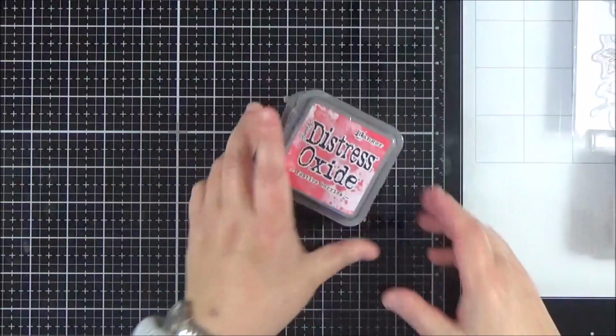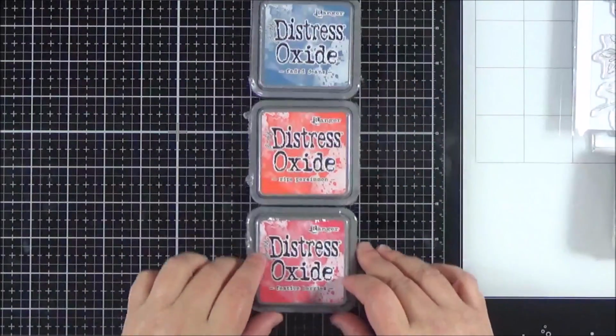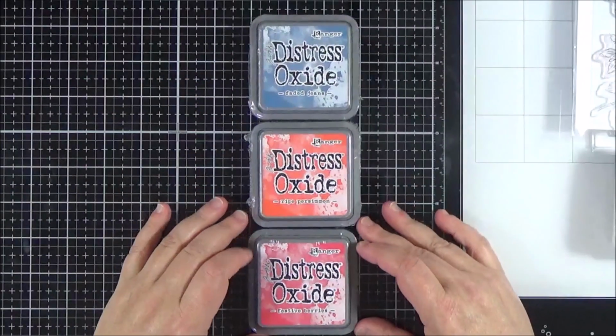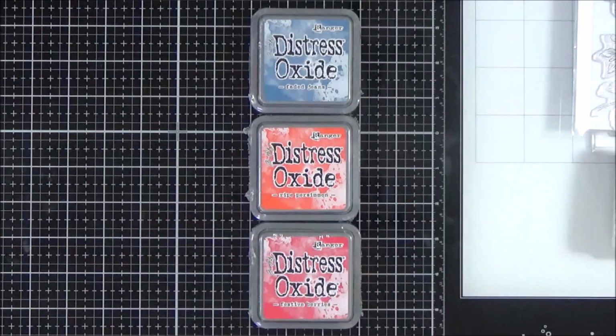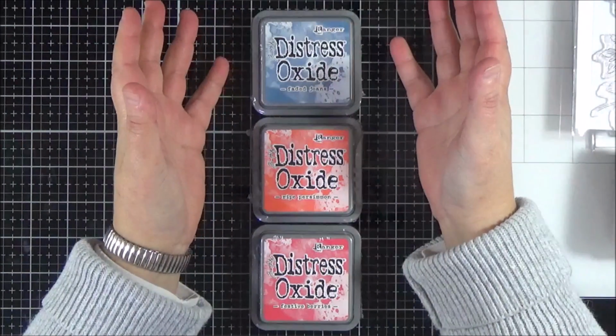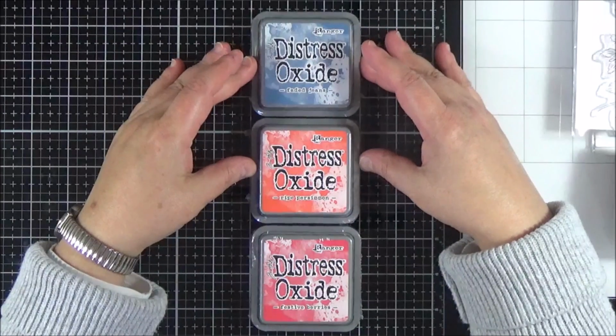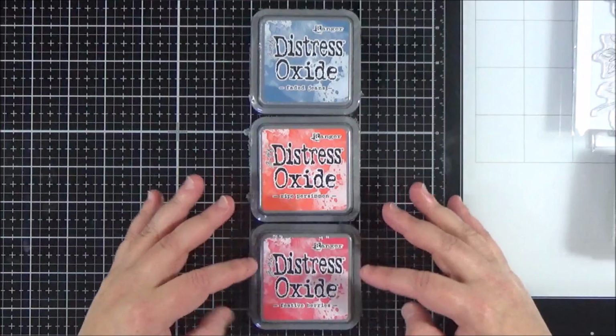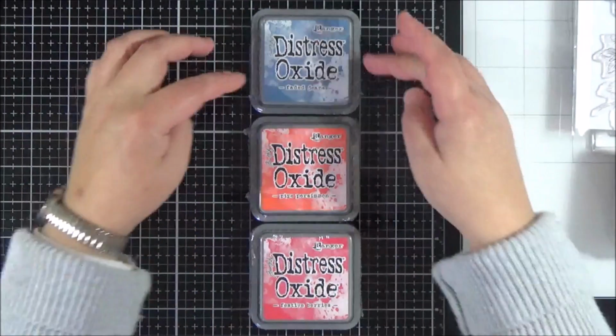And then finally I picked up some Distress Oxides. For those of you that have been following my videos for a while, you'll know that I'm investing a little bit in oxides. I do love them. I really like the coverage. I think they're fantastically easy to blend, and so I picked up three more colours: Festive Berries, Ripe Persimmon and